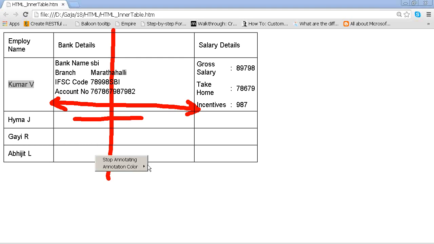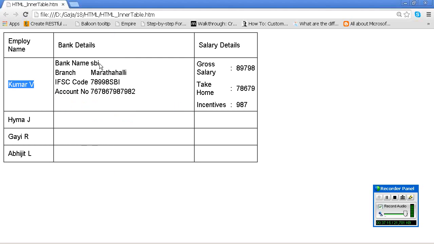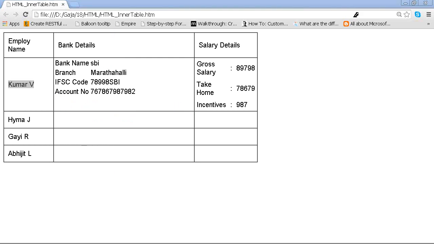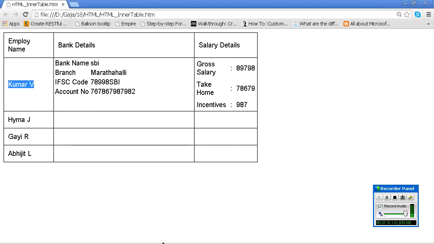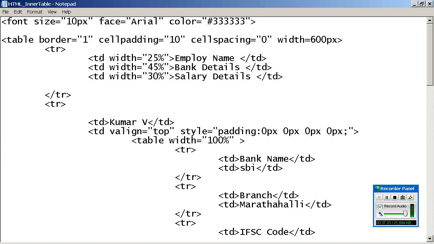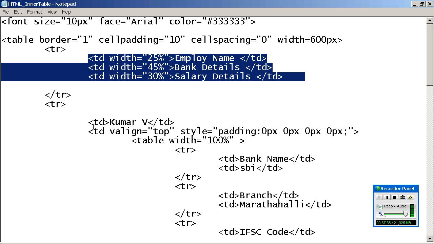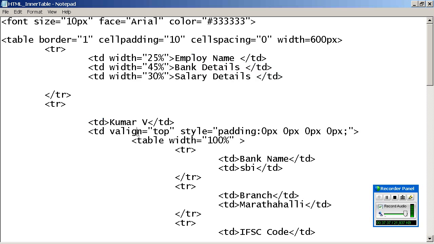One more thing: the max height of a column will become the height for all columns in the row. So while specifying the width, you need not specify it for each and every table TD. That's the reason I have specified it here. Am I specifying it everywhere? No.